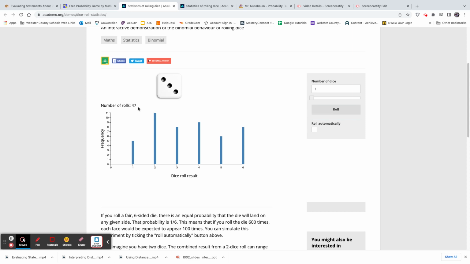Theory and experimental will not always match, but they come closer and closer to each other if I continue this experiment and let it run for a lot longer. You can see that even though the bars go up and down, if I let this run forever and ever, the bars will pretty much be equal. And that's the best you can do. If you ask what's the chance that something's going to happen, you normally have to go off the theoretical probability.